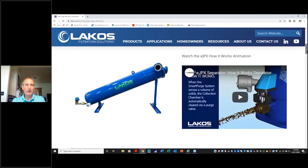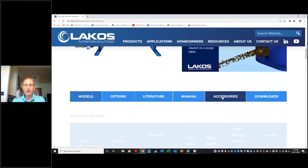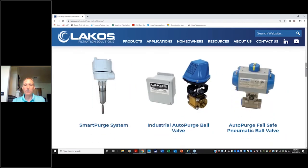The other thing I wanted to point out, in terms of advantages with this particular separator over the older style JPX, is, I'm not going to play the video, but we have a smart purge. And so again, we're going to use the accessories. And Steve Geisel may have gone over some of this with his industrial rep. So if any of you guys are on here, I apologize if this is kind of a repeat. But the smart purge system is a